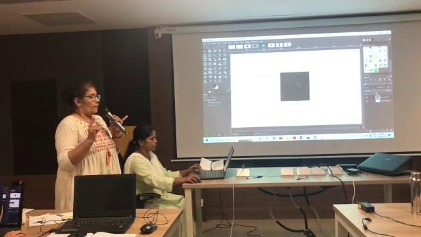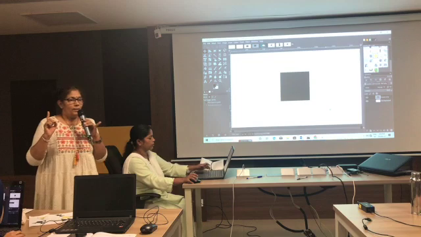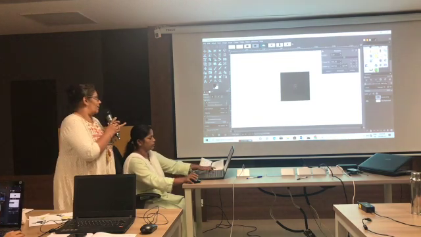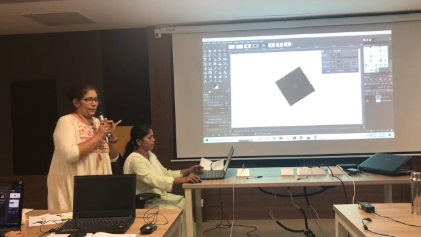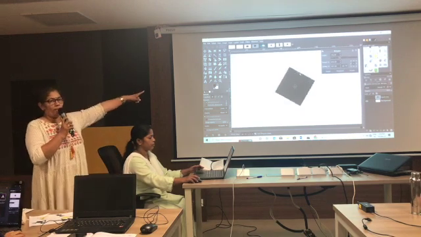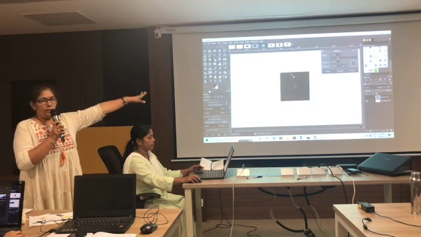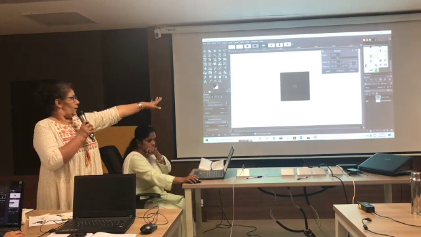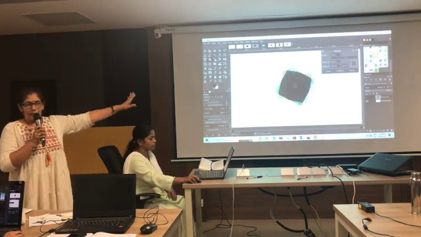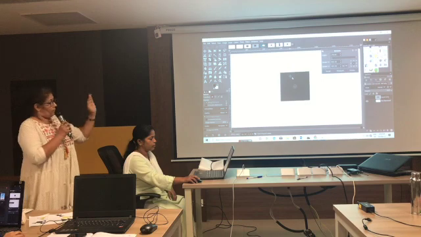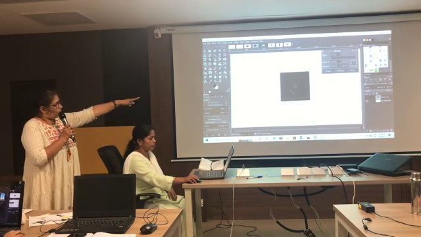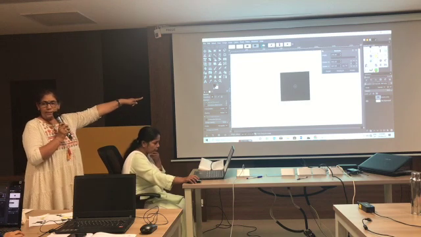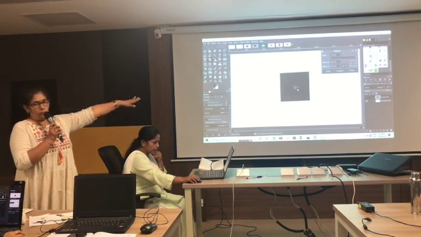Now we want to rotate it. For that, what will we do? Shift R, and we will rotate it. Have you observed what happens when it rotates? It rotates from the center. Now suppose I want to rotate it from one corner. You can see one small point over that circle. Yes, it is the pivot point.